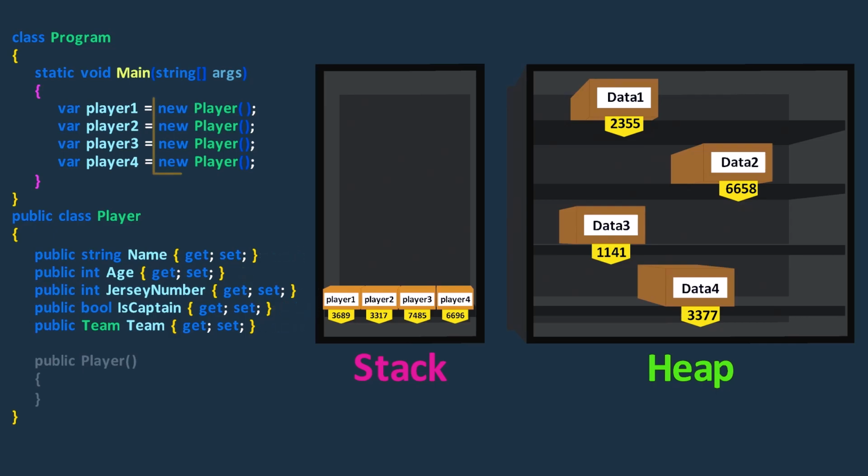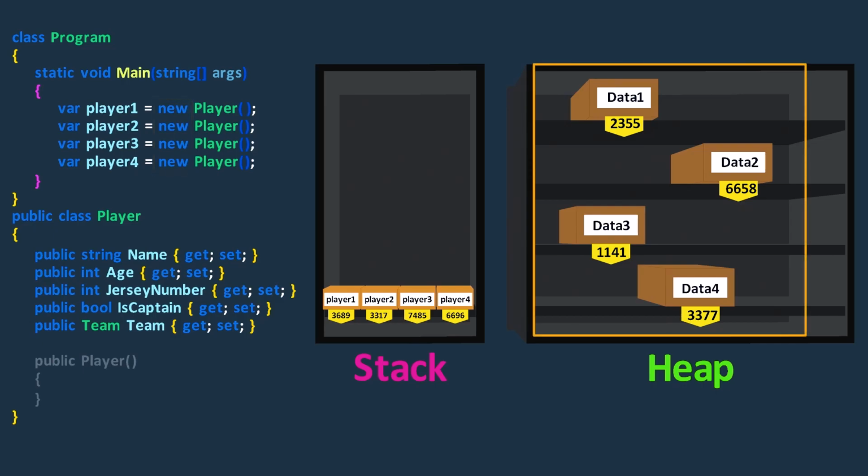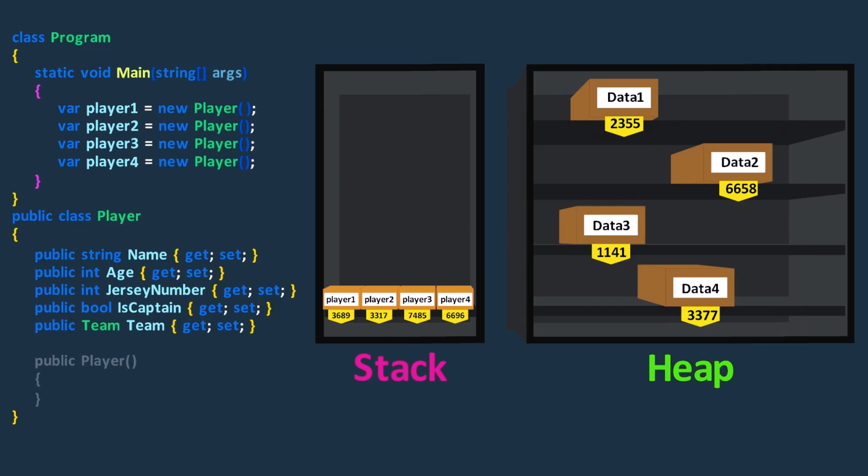When we want to create a new player object, we use the new operator. This reserves memory for the object and runs the constructor. The player class doesn't have its own constructor defined, but C# helpfully adds a default one behind the scenes. This lets us create player objects even without writing a constructor ourselves.